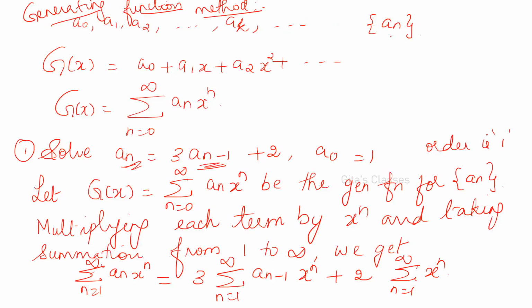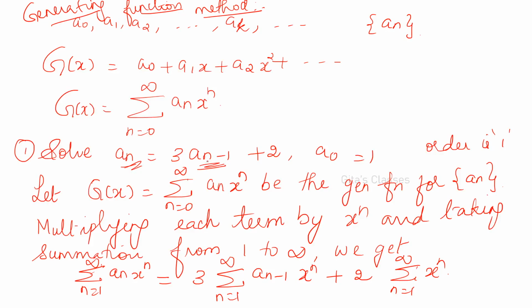Actually in the recurrence relation we want to find out an only, right? So in that, if an is given, you can write the generating function as a0, that is the first term, into x to the power 0. The meaning is x to the power 0, it is 1. So plus second term into x plus third term into x squared and so on. So in general you can write g of x is equal to sigma n varies from 0 to infinity an into x to the power n. To find the generating functions, I have uploaded one separate class for that. Okay, you can go through that. So if the generating function is given, you will be able to find out the sequence. If the sequence is given, you can write the generating function and so on.